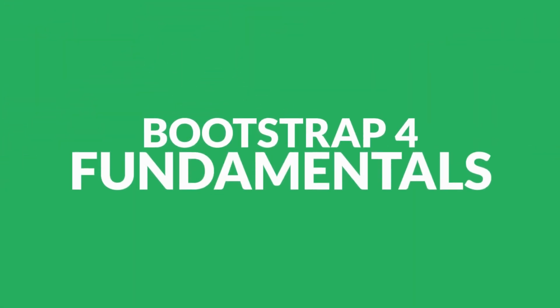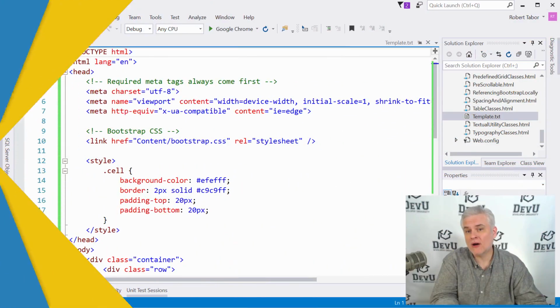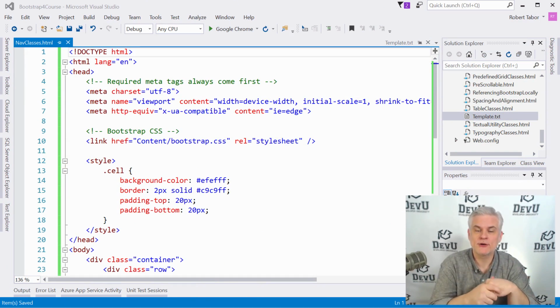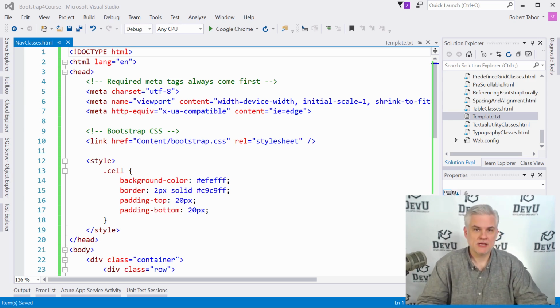In this video, we'll look at nav components. In the next video, we're going to look at the nav bar, a wrapper for our nav that provides options, making it suitable for site-wide navigation that can be collapsed into a hamburger navigation menu, kind of what we've come to expect from Bootstrap. Again, more about that in the next video, but let's talk about